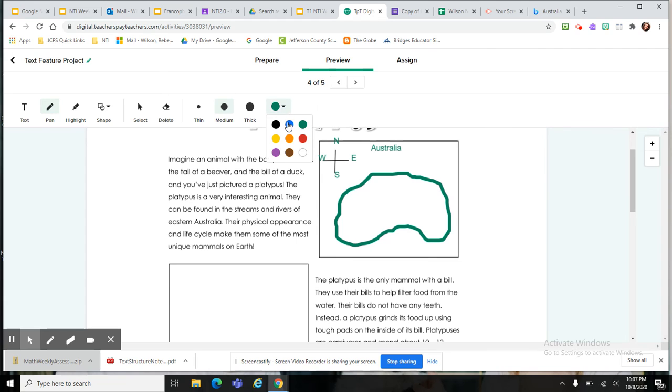So I'm going to change that color to blue, and I'm going to make this thin because, and I'm going to put some, let's see, some streams and rivers. I should really Google which streams and rivers. That would be cool information to have. But based on the information I've read in the text, that is where the platypus lives, in this